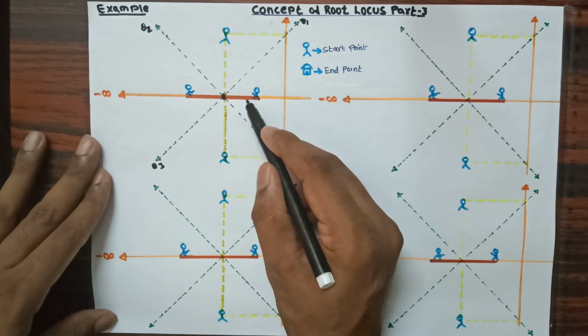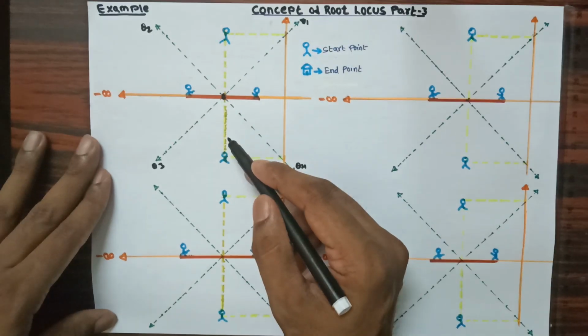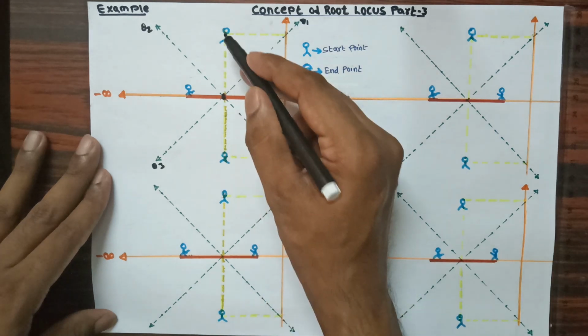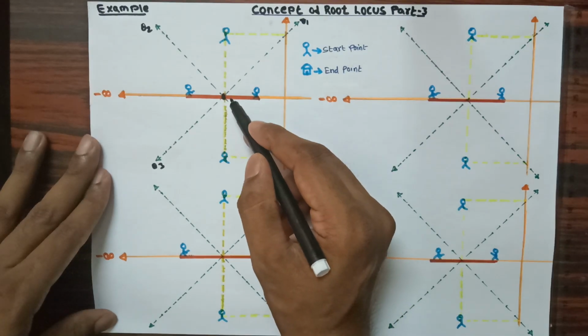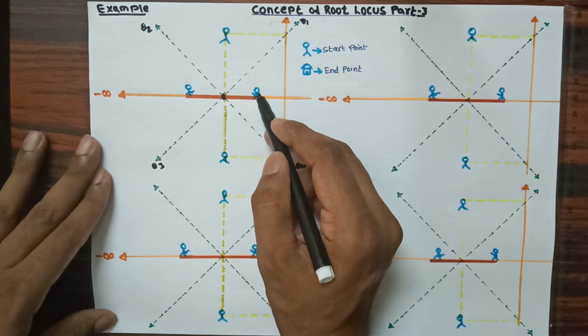You can see here when I am continuing, you are getting these 2 persons also in between, but we are not going to count these 2. When the person is on the y axis, we are not going to consider them in the count. We will continue with the odd count path that I have provided for this person.